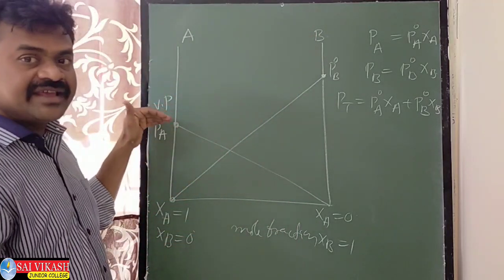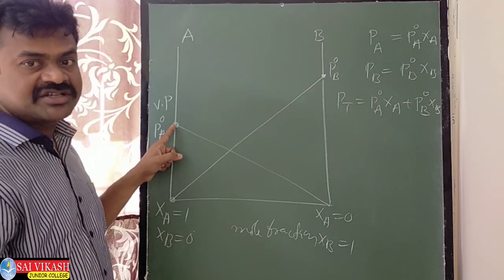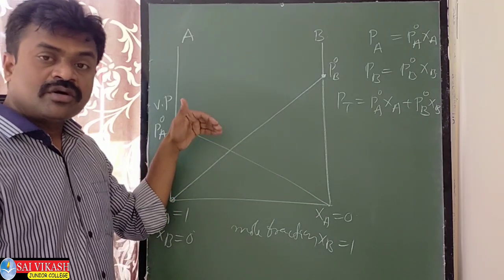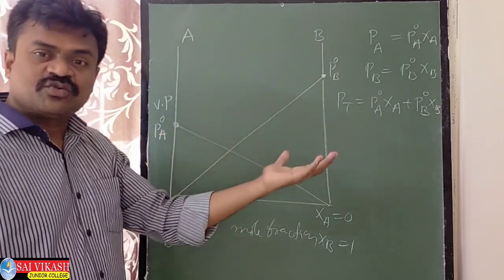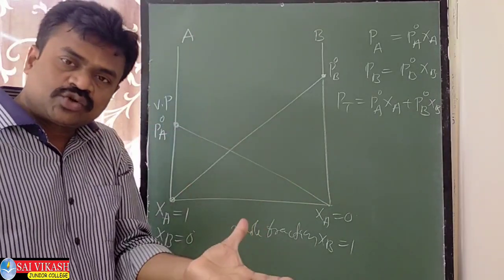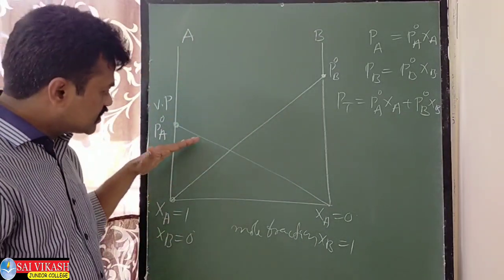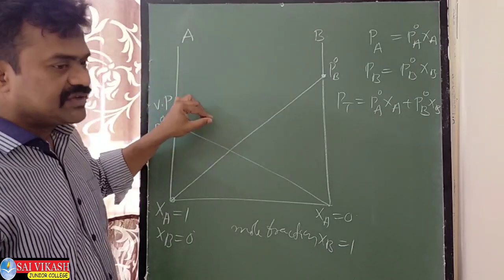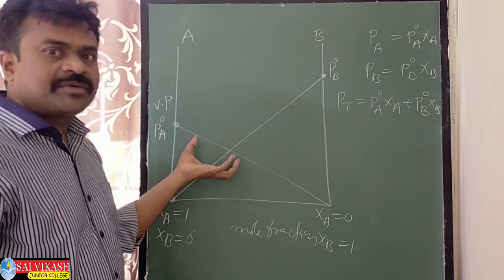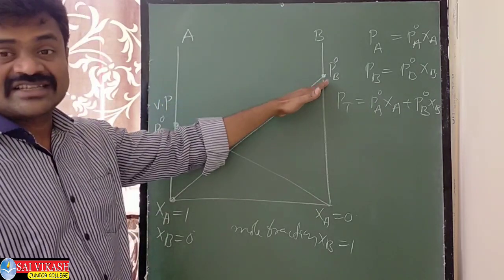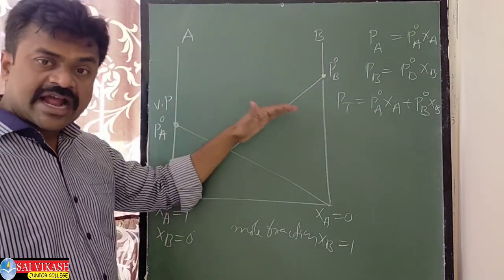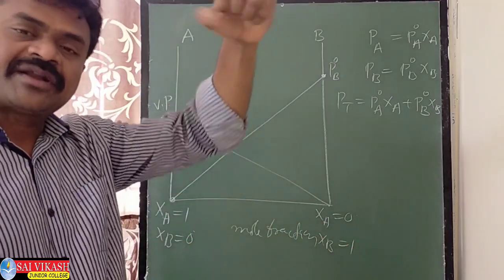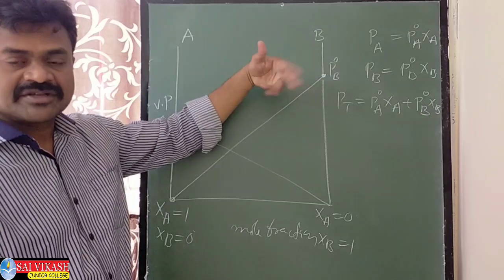When only A is there, the maximum vapor pressure is coming here only. When B, a volatile liquid, is also added, both A and B are volatile, therefore the total vapor pressure increases again. That's why on adding B, it combines with the vaporization of A, so the total vapor pressure is rising up. That's why the point is higher than this. Because on adding B, A is volatile and B is volatile, the total mixture vaporization increases. That's why the total vapor pressure is rising up.